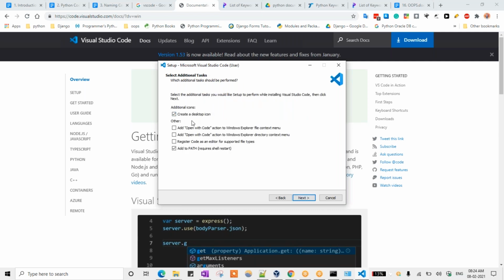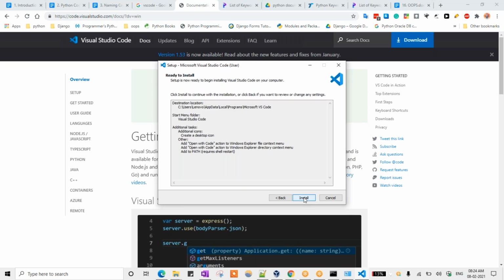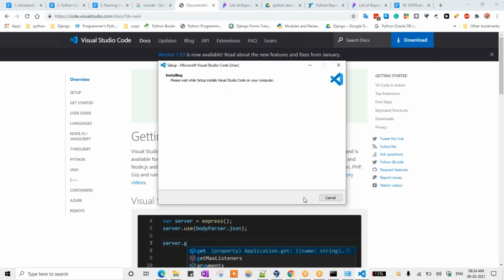So you can add these elements. Create a desktop icon. Okay. Add open with code, and this one also you can click. So click on next. Okay. What is the use of that one? I can show you that one. So click on install now. Okay. It will take 1 or 2 minutes. That's it.